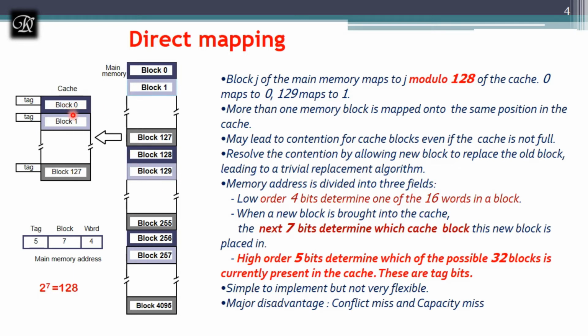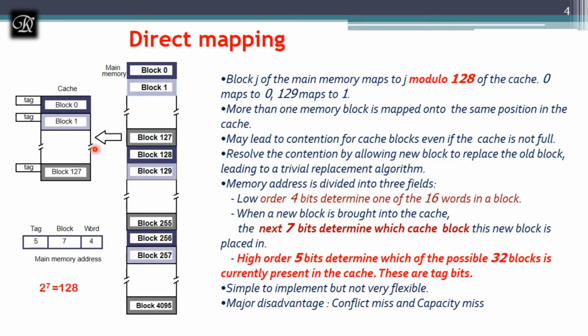To do that, we need some standard technique, right? I cannot blindly go and place it in the cache. For that, direct mapping tells us to take a modulus with the total number of blocks. The total number of blocks in the cache is 128. If I take 129 modulus 128, the remainder will be 1. So I have to go to block number 1. Here I can store block number 129. So this is how I am going to decide.